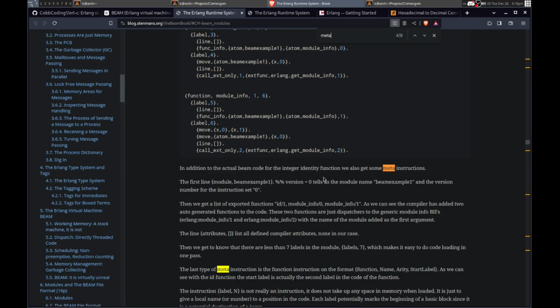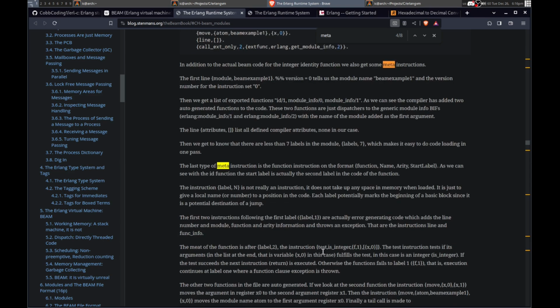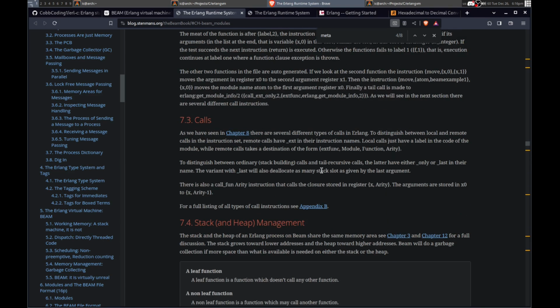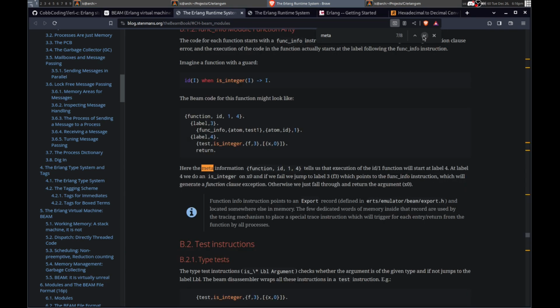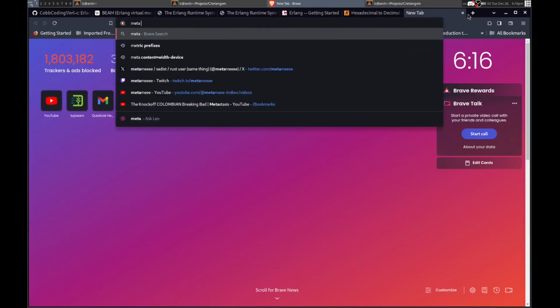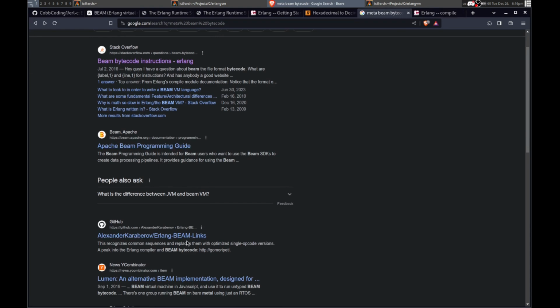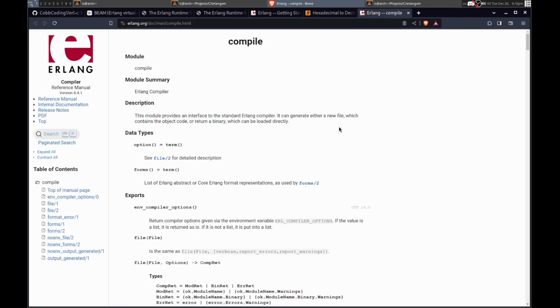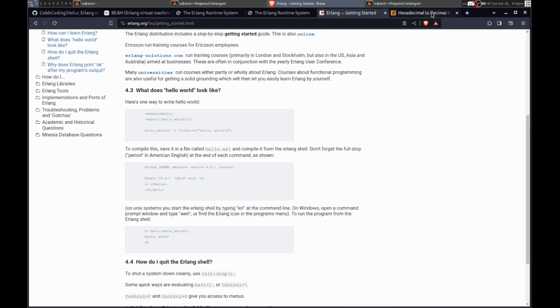Meta. I just want to know what the meta is. I mean, obviously it's metadata, but I don't know how to read it.